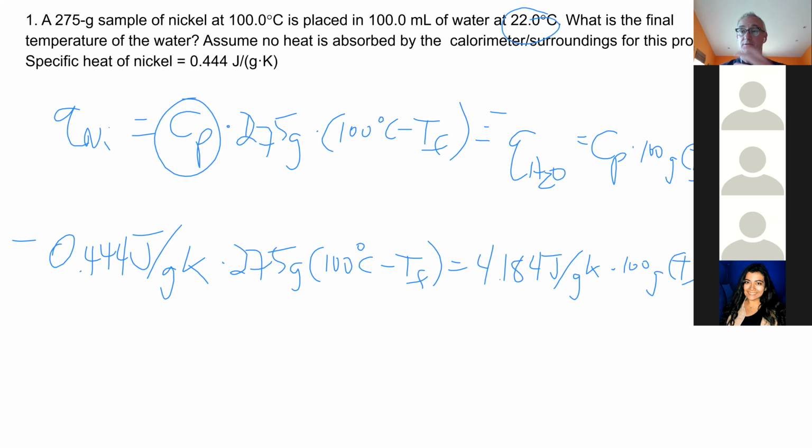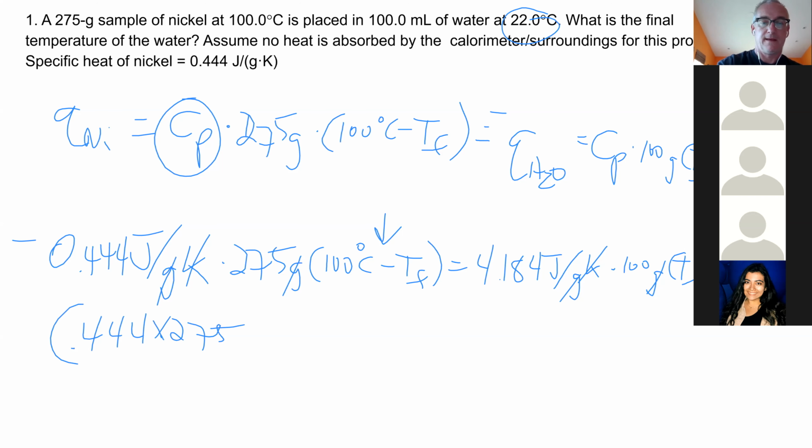So basically what we're going to do is just multiply all these things together and then see what we can cancel. Okay, so I've got grams here, and I've got temperature here, so I can cancel that. I've got grams here, and temperature in here, so I can cancel that. Basically what I'll come up with is 0.444 times 275 times 100 minus TF equals